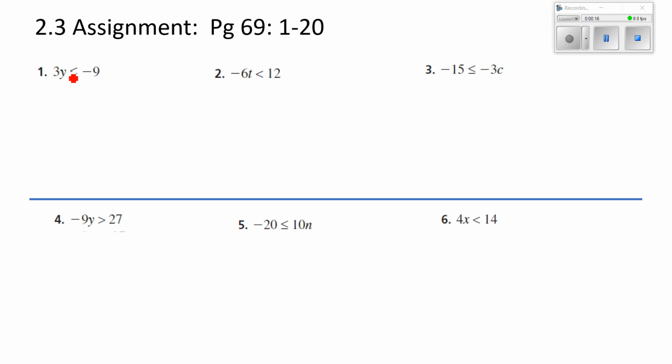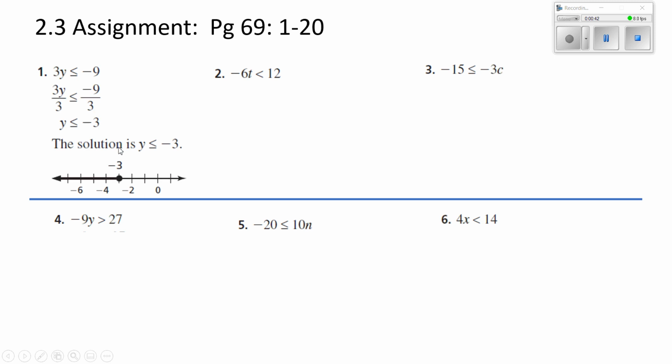3y is less than or equal to -9. Of course, we're going to divide by 3, right? And whatever I divide from one side, I do the other. This is going to give me -9 divided by 3, which should give me a -3 as an answer. I'm not dividing by a negative number, so y should equal, or excuse me, y should be less than or